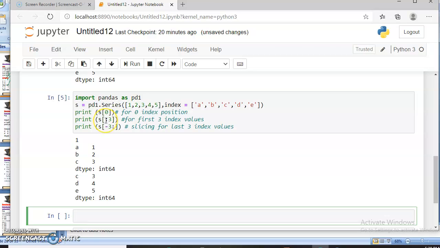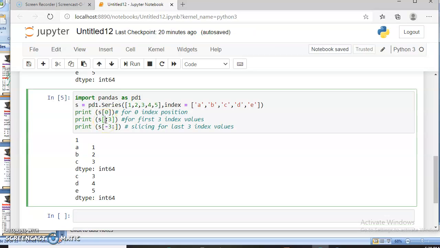If I mention here 1 colon 3, then 1 is the starting value. I want to access the data from index number 1, and 3 is the last number up to where I want to access the data, and for the highest value I have to subtract 1. So it will show us 1 and 2.